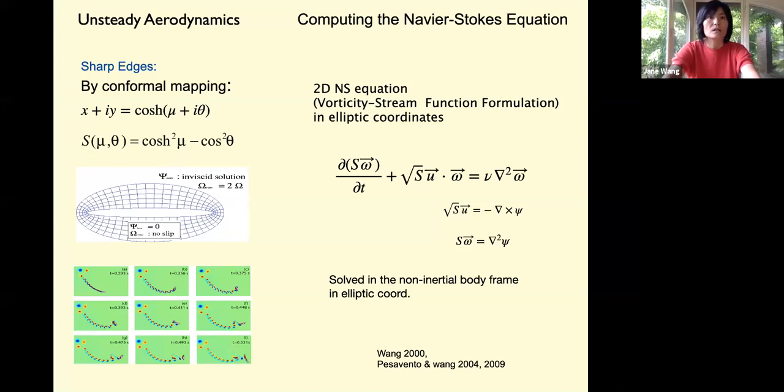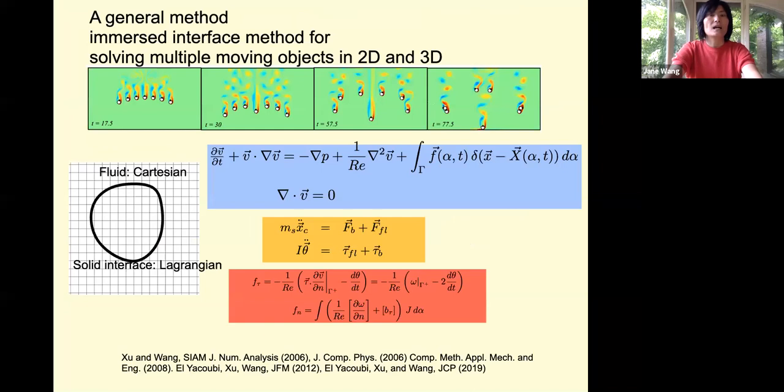It was in fourth order in space and time. So that was our initial entry. And then this is a little bit of a digression to what I'm about to say, but nevertheless, this family of problems raise an interesting computational challenge, and that is, how do you solve multiple particles interacting with unsteady aerodynamics, unsteady fluid in Navier-Stokes equation, be it they can have arbitrary shapes, and they can also interact with each other